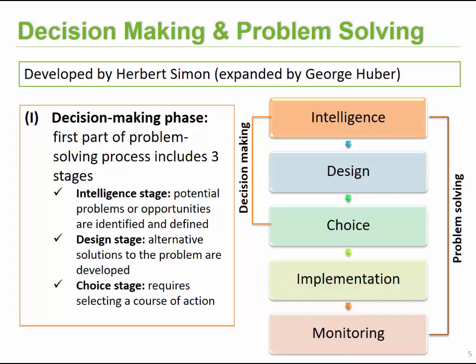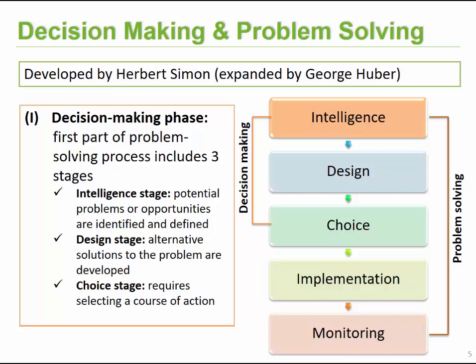and that if we talk about problem solving, it includes the previous three steps, but it also includes the implementation and monitoring phases that was expanded by George Huber. Now, what's going to happen underneath each one of these stages? If we look at the intelligence stage, it is all the problems and opportunities that we identify and define that we want to address. So, for example, if you look at any real-world example, you can actually go and apply these 5 phases. So identify the problems, identify certain opportunities, and then you go through these steps in order to